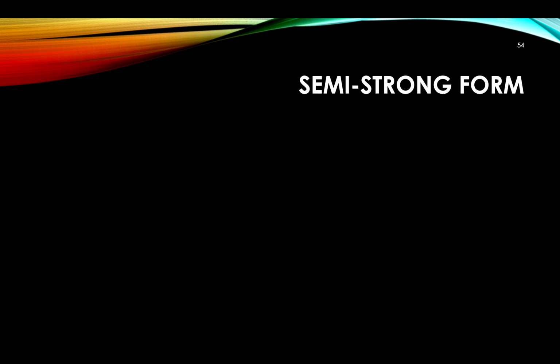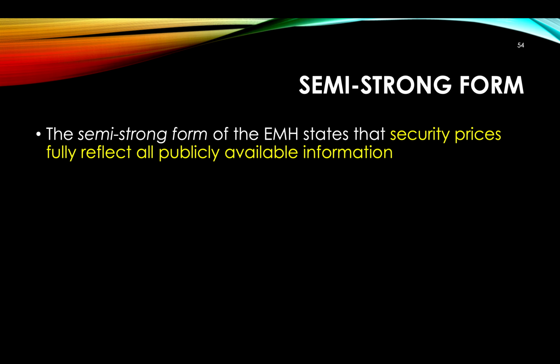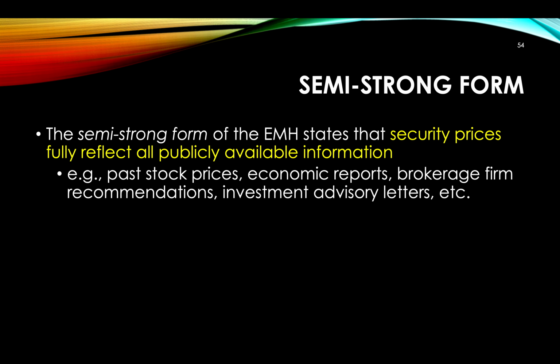Now let's turn to the semi-strong form. All right. The semi-strong form says that security prices fully reflect all publicly available information, where information comes out about companies all the time. Companies announce their earnings every quarter. If you're publicly traded, you file reports with the SEC about your quarterly earnings. And that information is available to everybody instantly. You also make perhaps some press releases. You might have a conference call. And nowadays, when the chief financial officer or chief executive officer of a publicly traded company has a conference call, that call has to be open to everybody. So you're not just giving information to just a few people.